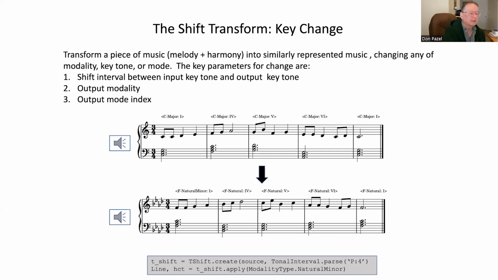Internally, what I'm doing is just making a map from basically one keyboard to another. It doesn't take up that much room in the computer, and it works fine. You can apply it to large sections of music like that.